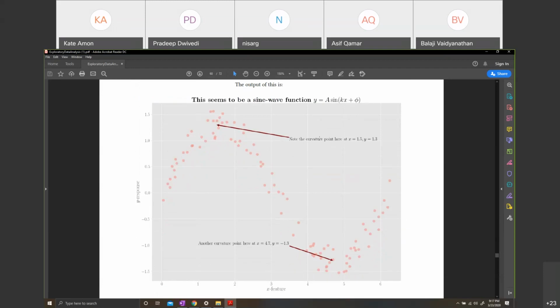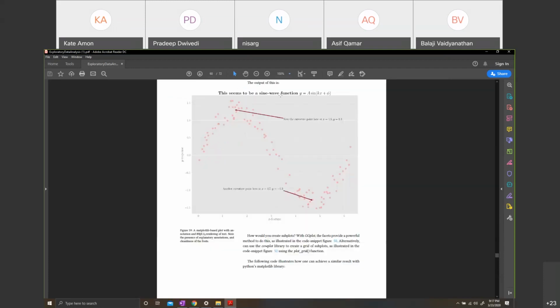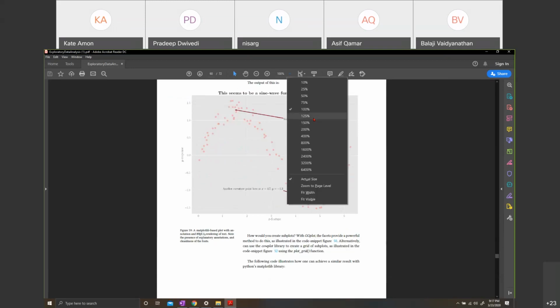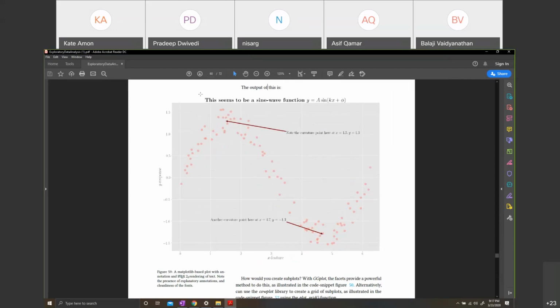This is what we are aiming for. Now, I don't know if it shows through, but when you print it out, let me go to 100%. Is this 100%? Well, not particularly. Somehow on this WebEx, it's not coming out in full beauty as it would when you print it. But do you notice, guys, that there's a title. I've deliberately put a random title here. So this seems to be a sine wave function.